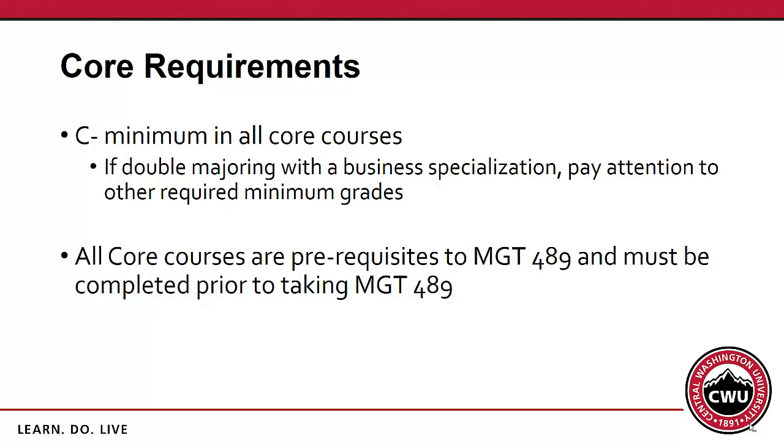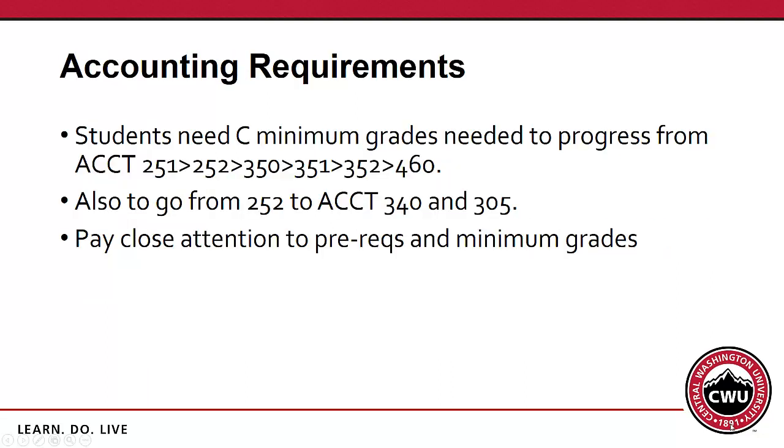If you are double majoring with business, please consult that program sheet for any other minimum grades needed in the core class area. The next section will detail the accounting courses needed. These can be mixed with your core area courses. Just ensure you are reviewing minimum grades and prerequisites when planning your classes. Typically, students will begin their Accounting 350 series in either fall or winter, and will progress through their Accounting 350